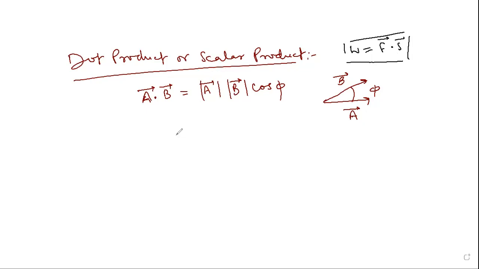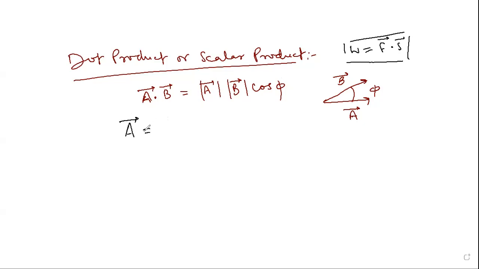Now, this is one way of finding the dot product of two vectors: you have to find the magnitude of the two vectors and you need to know the angle between them. Then using this definition, you can solve for the value of dot product. Now, there is another way. If two vectors are given in unit vector notation,